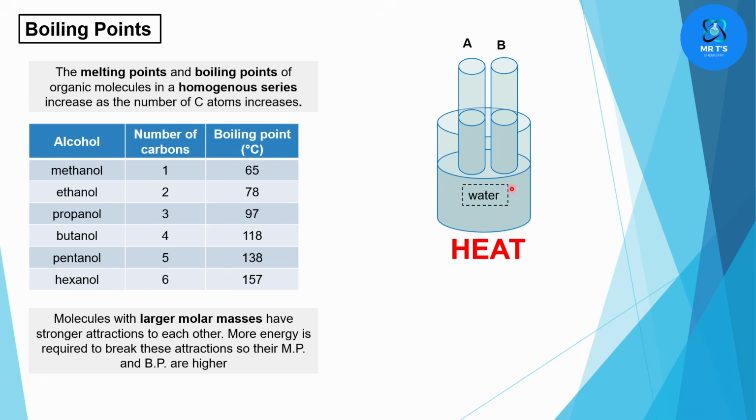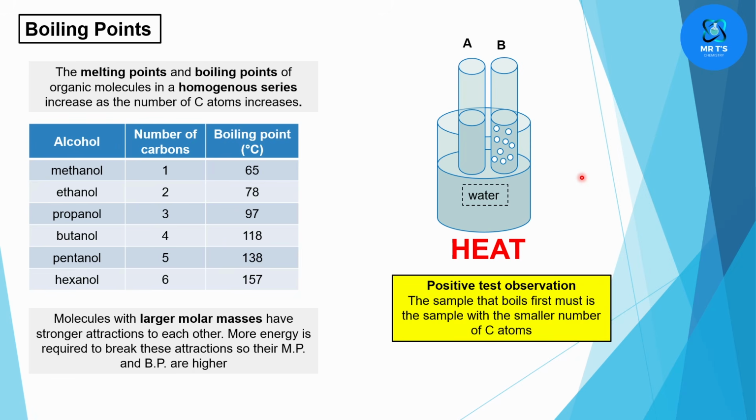as I heat the water up, the sample that boils first is the sample that boils at a lower temperature, and that is the sample that has the weaker attractions and the smaller molar mass, and it will be the smaller molecule. So the smaller molecule will start to bubble or start to boil first. So this test that we used here is the sample that boils first must be the sample with the smallest